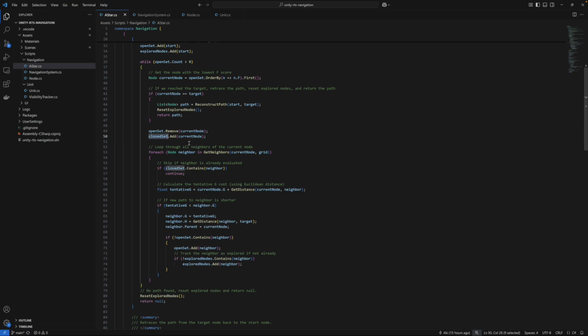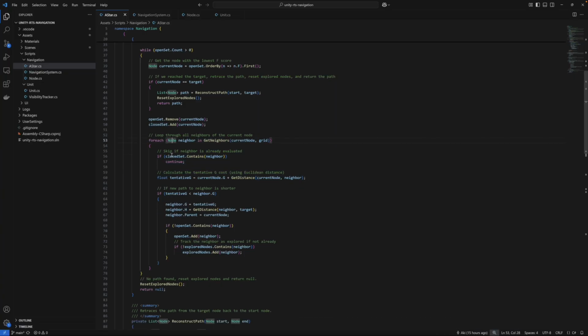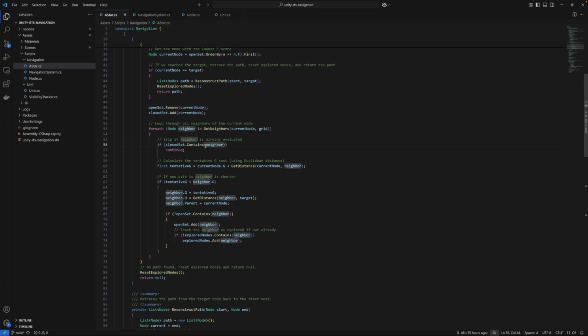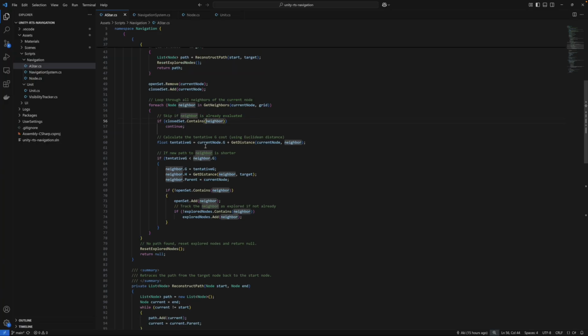The reason why we need to add it to the closed set is that we want to make sure that if we explore the neighbors, the neighbor that we're exploring has not already been explored. Okay, we'll talk about that in a bit. But here we want to grab each neighbor, right? At the start, at the root, we grab the neighbors. And then for each neighbor, we want to check if that neighbor has been explored or not. If it's already been explored, then we don't need to worry about it. So just skip it. But if not, which is usually the case, then we want to find the G-score, or the relative score